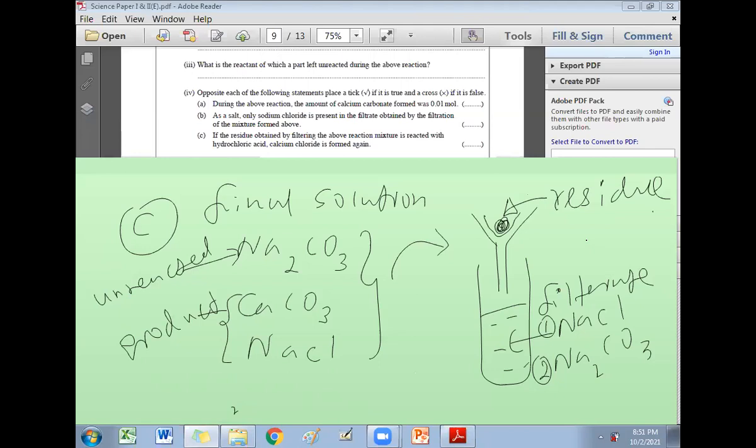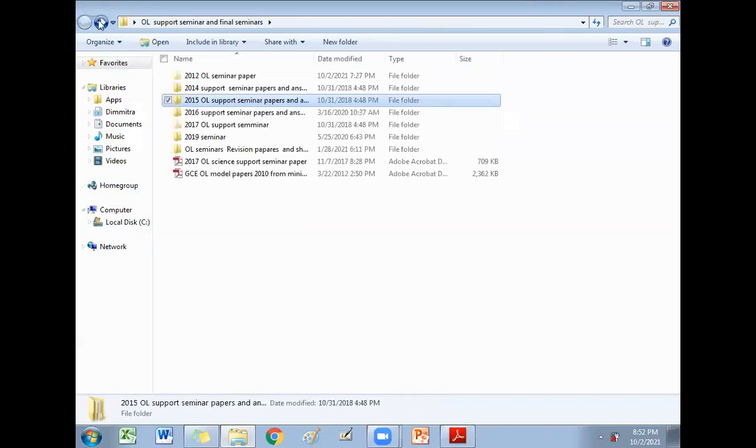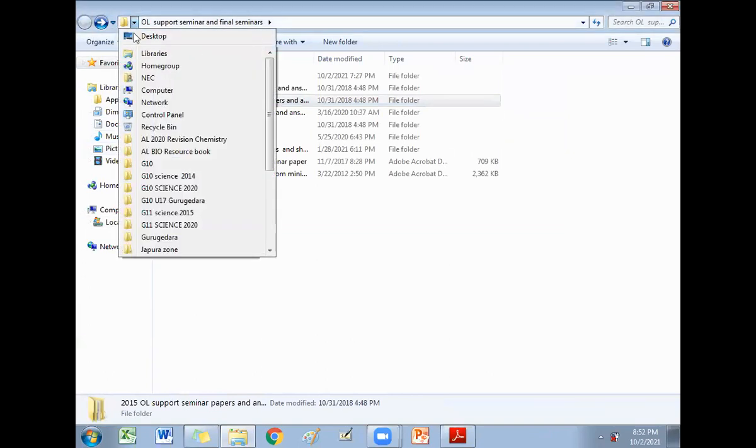Please look at your grade 11 textbook. Chapter 3. I'll tell you the page number if you want. Actually, when you're studying, you have to recall the previous lessons and which area they have come from. If you want the page number, 55, okay, wait, I'll show you the textbook, then you will understand. Otherwise, some of you don't know what the residue is, and that is also a problem, right?